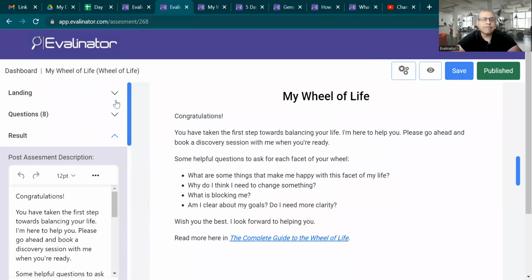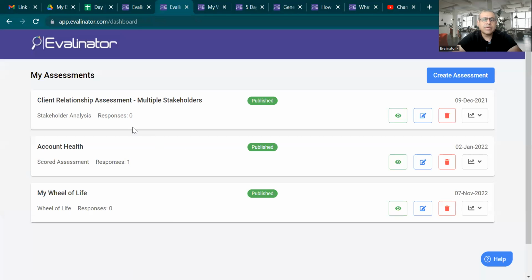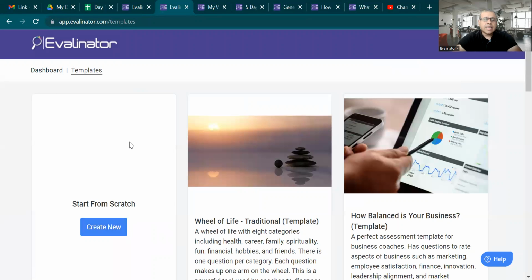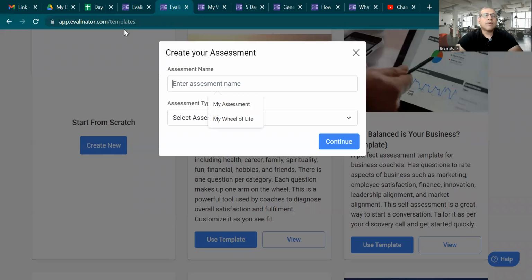Okay, so that's for the Wheel of Life. And now let me show everybody what it takes to create a new assessment, the writer's assessment. Let's click on create assessment. Let's start from scratch because we are creating a new assessment. And then let's go back to our spreadsheet